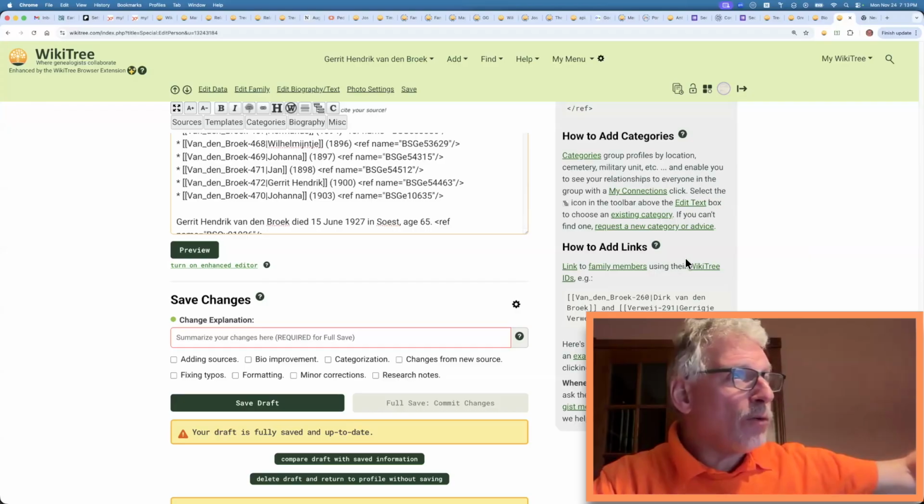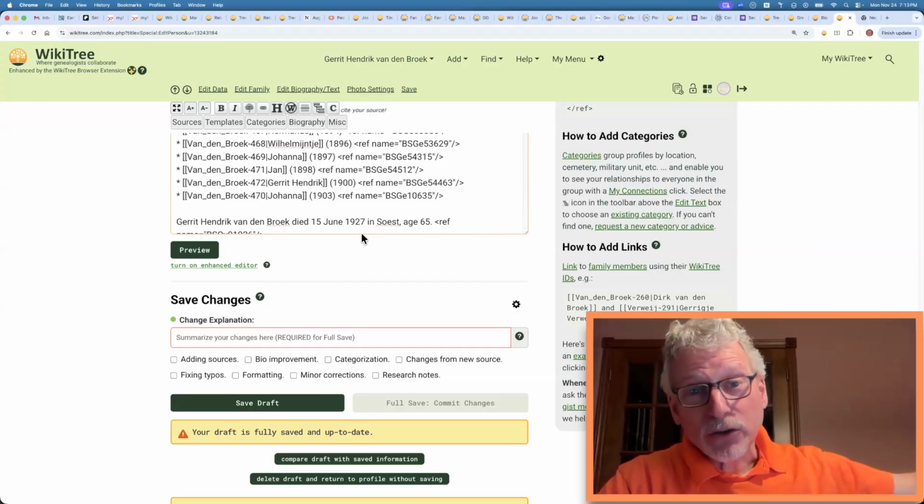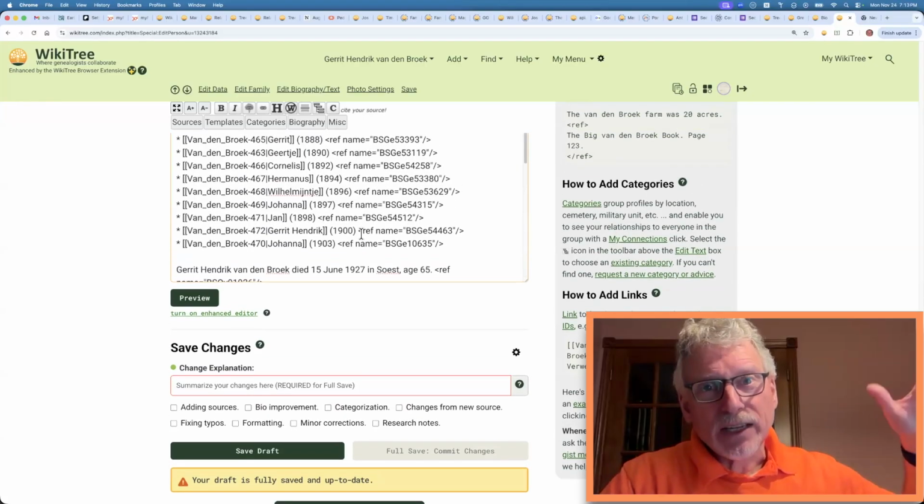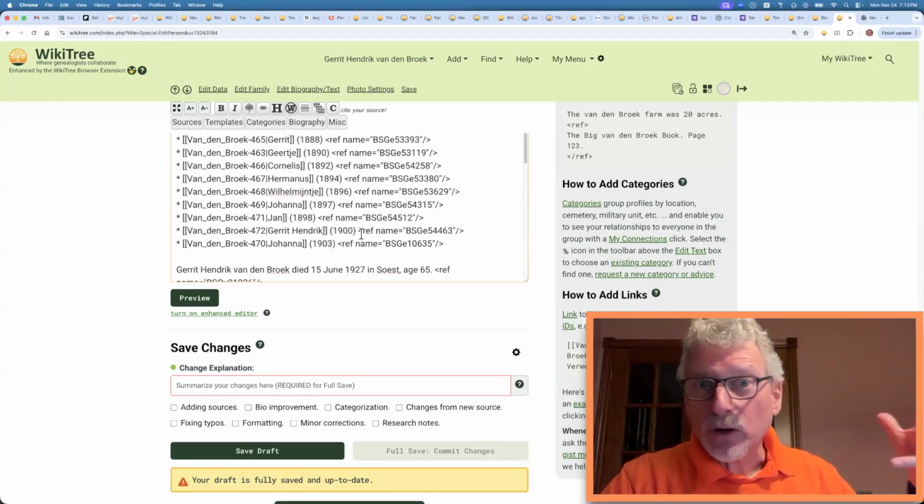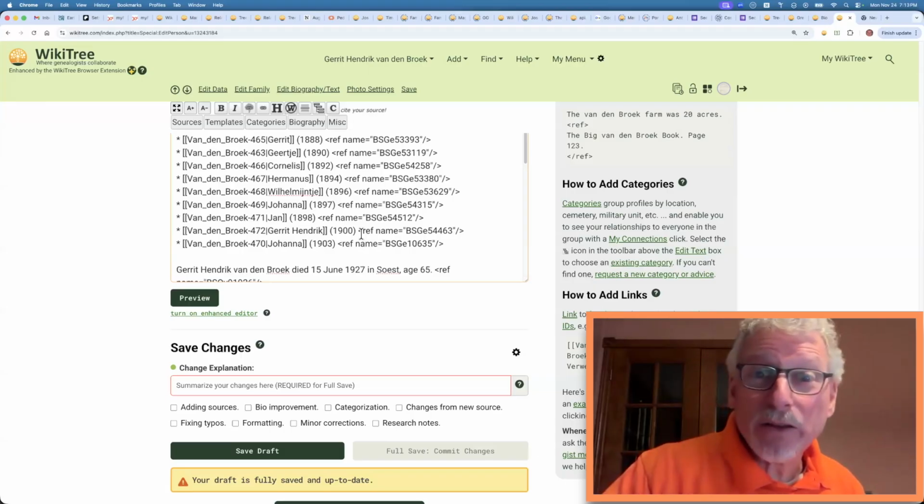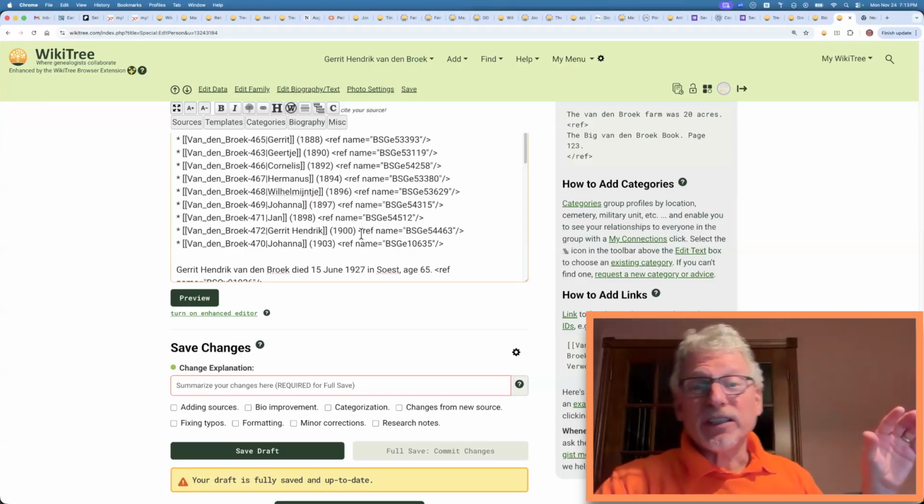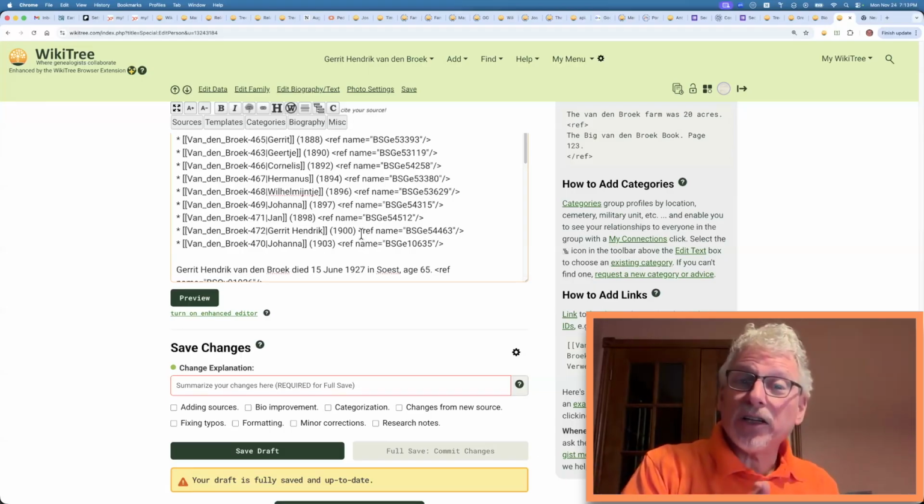The sources should always go in the sources section, so they're placed there properly. It's just a matter of... I don't know offhand whether the DNA help covers this scenario where it could